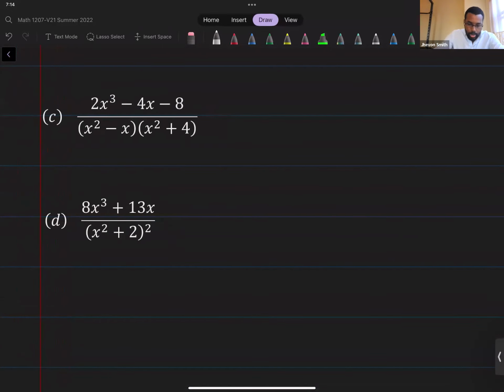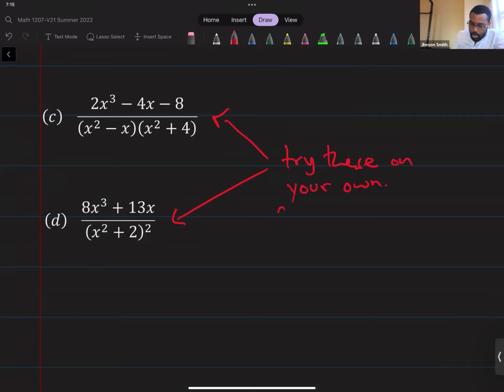Gonna do one more example because I want to get to the integration. We're learning a lot of stuff on this one. I want you guys to actually sit down, absorb it, and practice a little bit. So try these on your own. You can know if you're right. You can check your answer